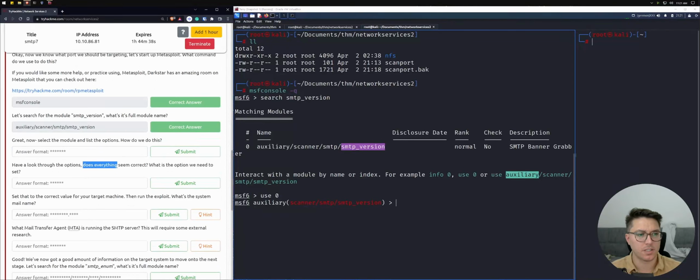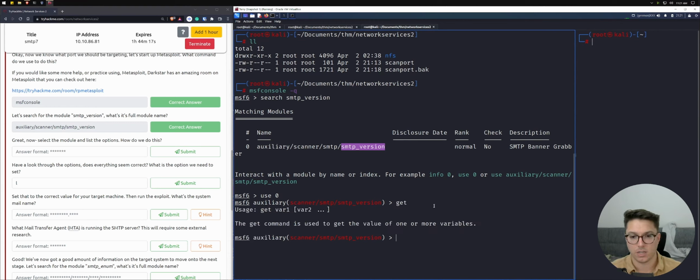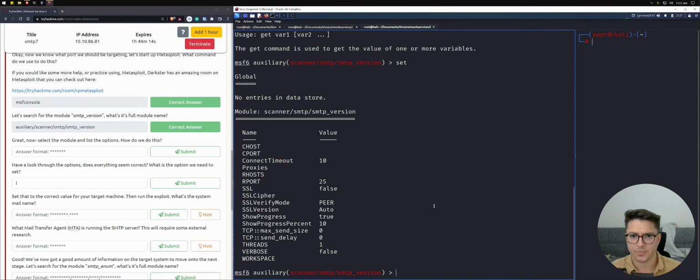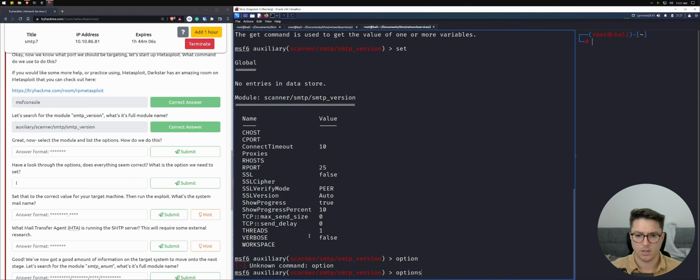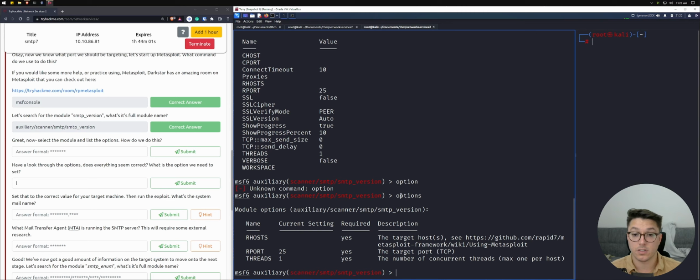Have a look through the options. Does everything seem correct? What is the option we need to set? So we definitely need to set. Okay, we'll look it up. So we've just used use 0, so that's selected our tool. This is going to be the module that we're using, and we need to set it up. Was it set? Yeah. Or maybe it is options? Options? Yeah. I don't really know the difference between set and options, but if we just type in options,